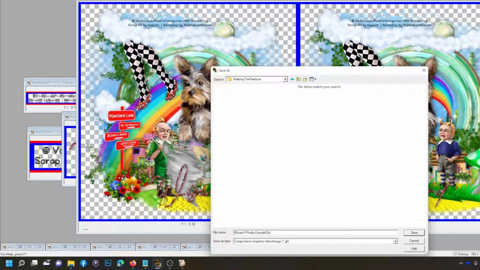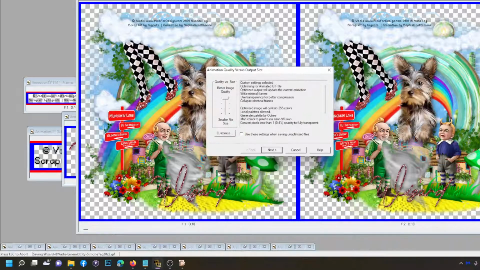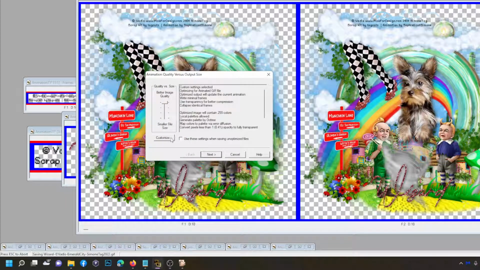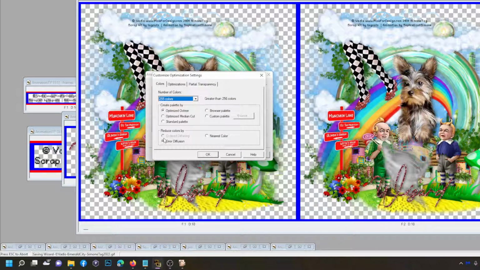Emerald City. Then I put Simone tag 2022. Okay, that's how I usually do it. So we're going to click Save. Then you're going to go into your Customize tab here, and you click Optimize Octree,